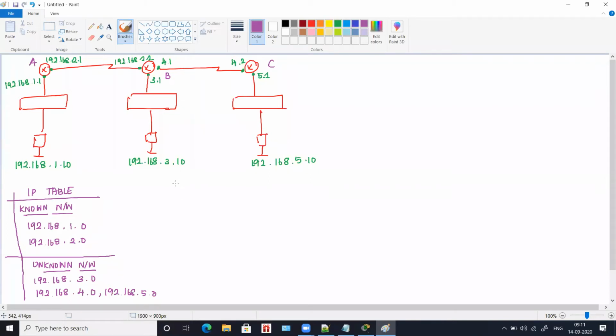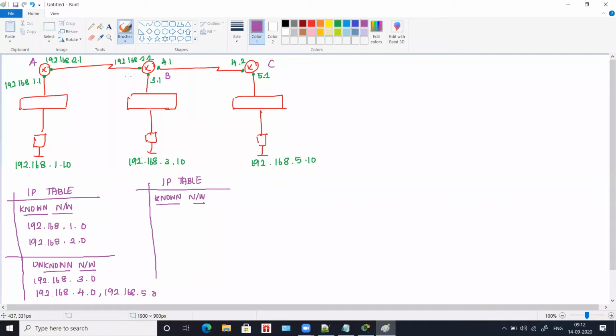Now let's go to router B. For router B, we'll again write an IP table, and first we'll write the known network. Tell me, for router B, how many interfaces are there? Three. Very good. Router B has three interfaces: one is 2.2, another is 3.1, and another is 4.1.